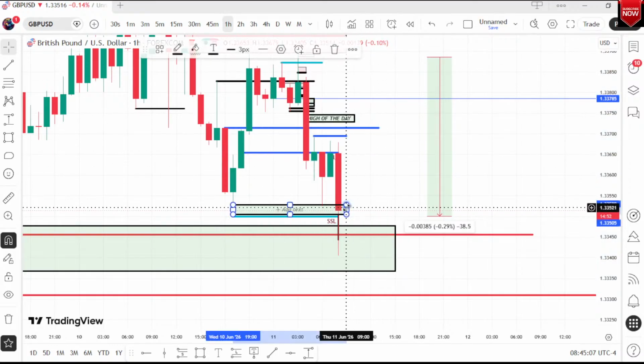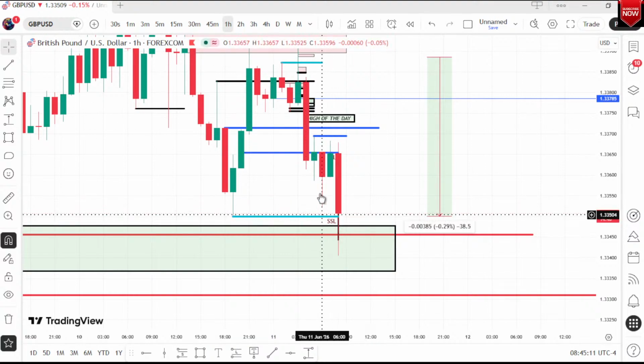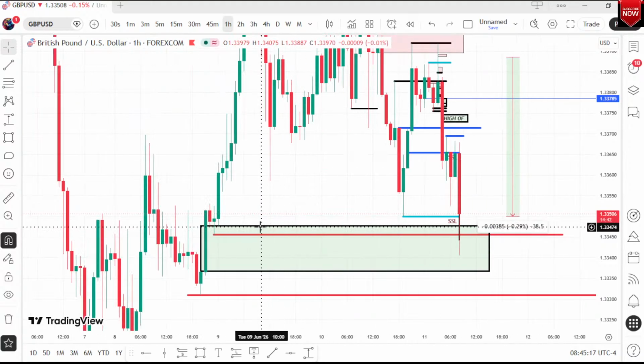So our sell side liquidity has been taken out. You see that sell side liquidity has already been taken out. High of the day, price can actually